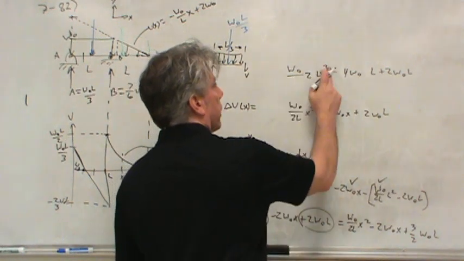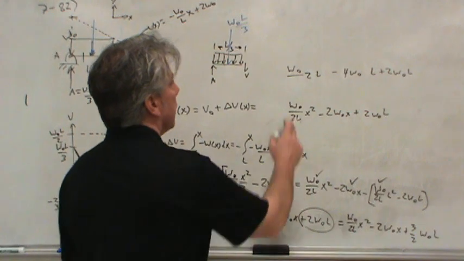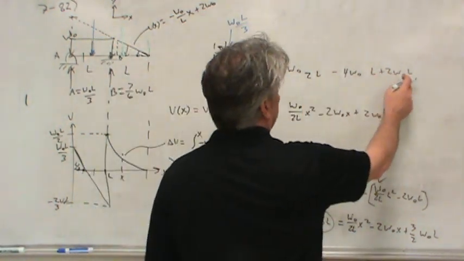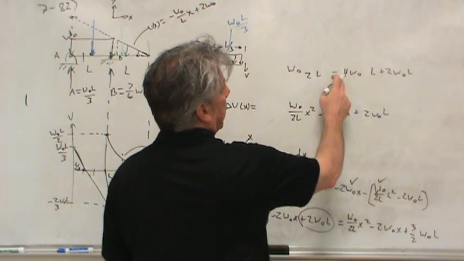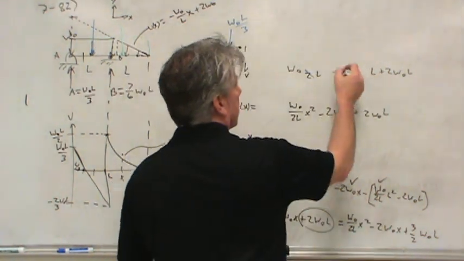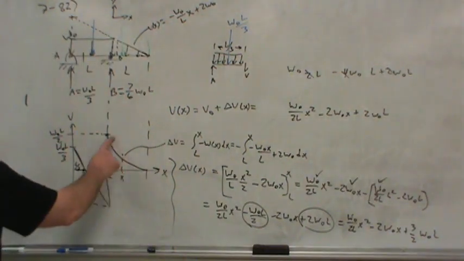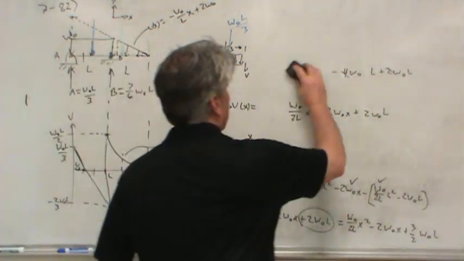L cancels with one of the L's, and what have we got? Well, let's see, we've got W naught 2L, 2 W naught L, minus 4 W naught L. Sure enough, yes, they all cancel. So we get a shear of 0. So in fact, this equation right here